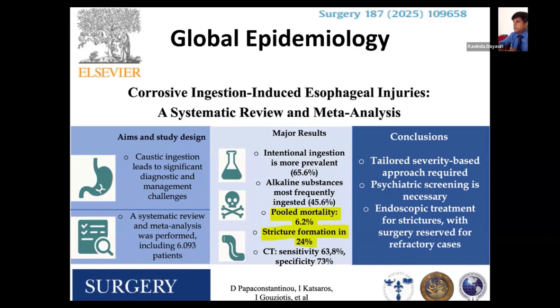So they concluded that a tailored, severity-based approach is required, and because of the deliberate ingestion, psychiatric screening is quite necessary, as well as early endoscopic interventions to prevent strictures, while the more serious cases have to be dealt with